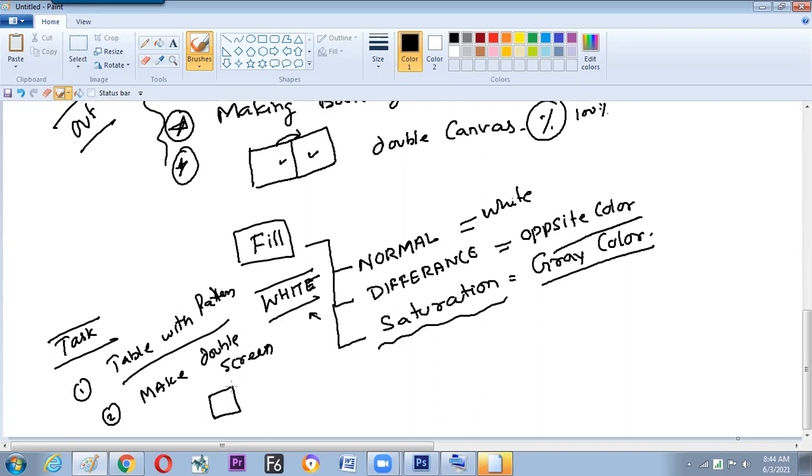So we need to always show what was before and what was after, so the other person can take a decision about the job we have done. So always give two, in and out. At that time, double screen is required.